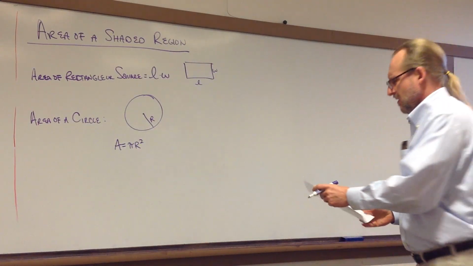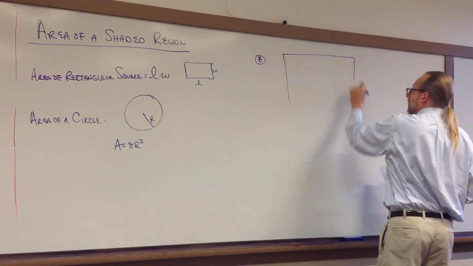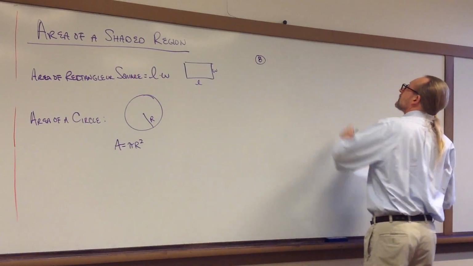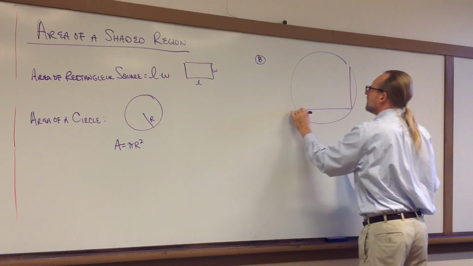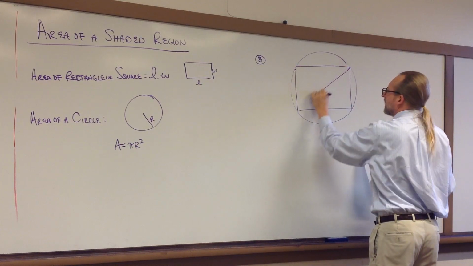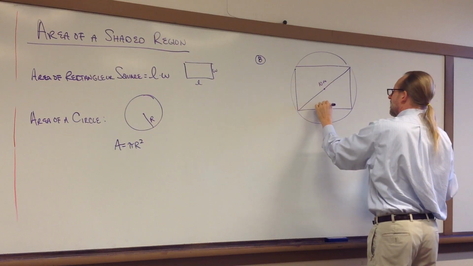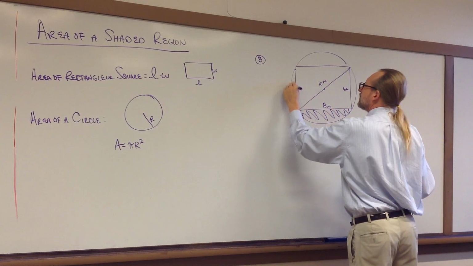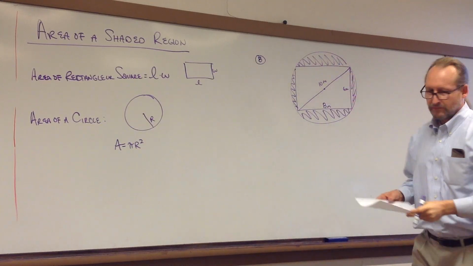Problem 8. We've got a rectangle inside of a circle. Oops, rectangle inside the circle. There we go. So let's make the circle and then the rectangle, something like this. And there's our diameter right there, is 10 meters, and this is 8 meters and 6 meters, and our shaded region is around the edges of the rectangle. Okay,